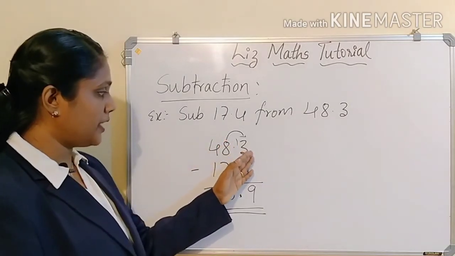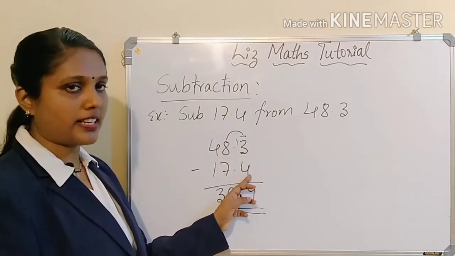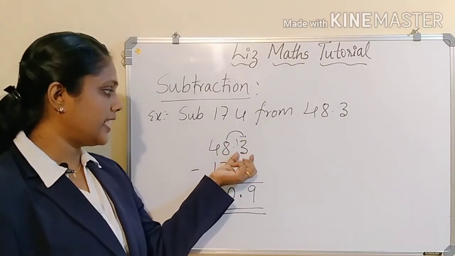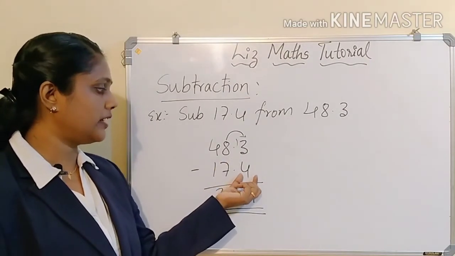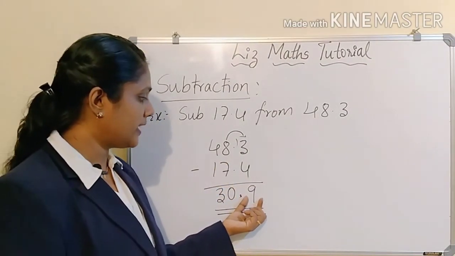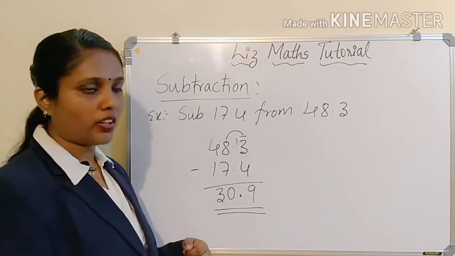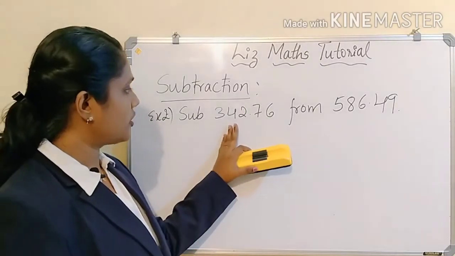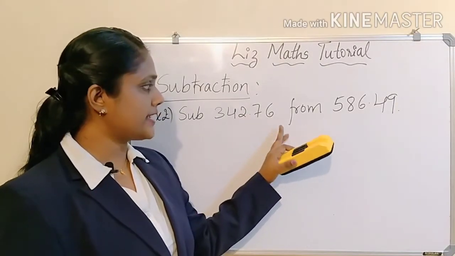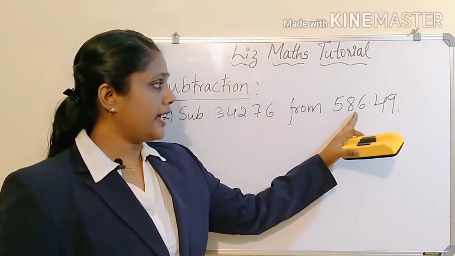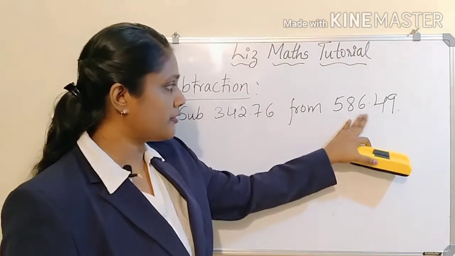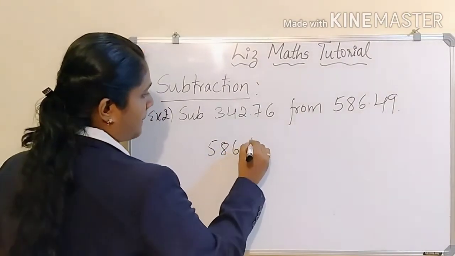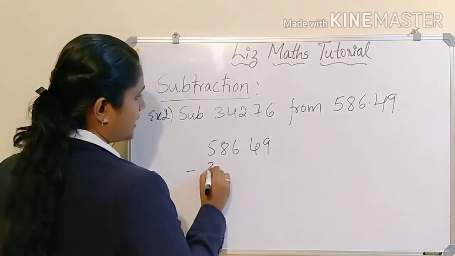See, if the number is smaller compared to this number here, you can carry 1, that gives the tens value, then here that gives 13. From 13 you have to subtract 4, then you will get 9 here. Got it? Now see the second example. Here subtract 342.76 from 586 point. So which is from which number? From this number you have to subtract this. So write that number first. Subtract